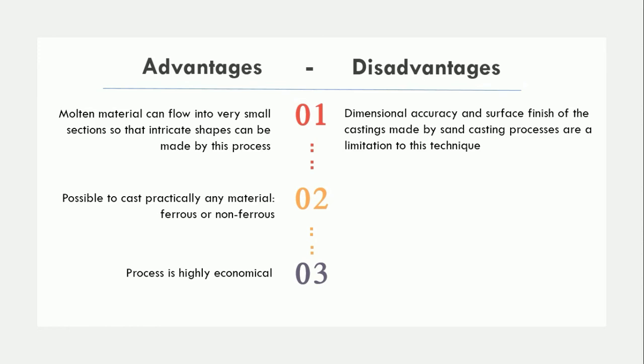So, move to the second disadvantage. Metal casting is a labor intensive process. It means we require large manpower for the sand casting process. And at last, it is a process with environmental pollution on the higher side. So this is all about the advantages and disadvantages of sand casting, and finally have a look at its applications.